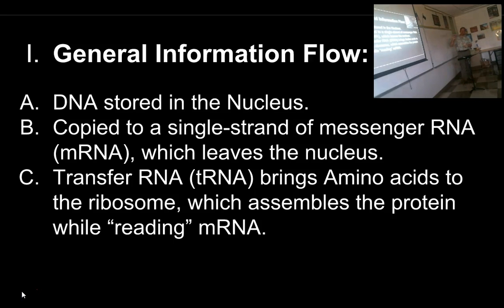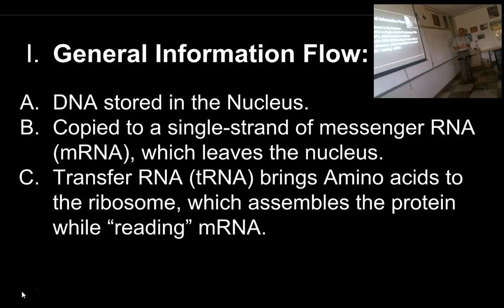We need to get the information out of the nucleus, though, into the rest of the cell. Proteins are not made in the nucleus. Proteins are made out in the cytoplasm of the cell. So we can't let the DNA go out of the nucleus because then it would be lost. And it's very important to keep all the DNA in the library. So we don't just send DNA out of the nucleus to make proteins off of the information that's in the DNA. We make a copy of a gene.